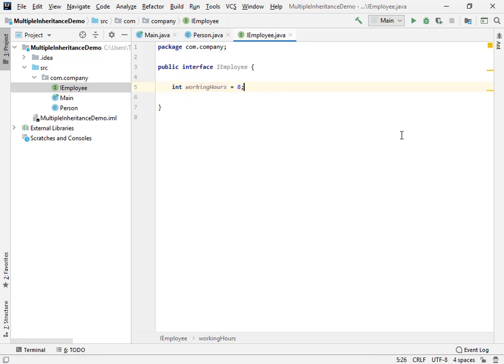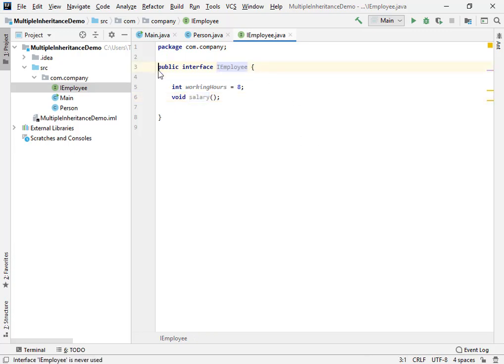Okay, now after this I'm going to define the abstract method, whose return type would be void and the name would be salary. Okay, so this will basically contain the salary information for an employee.